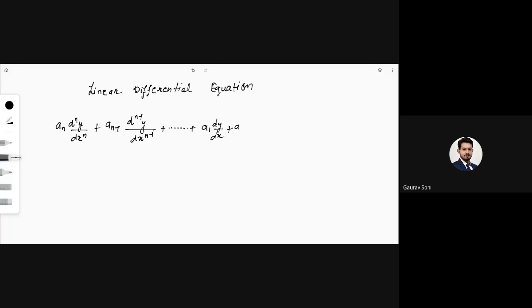So, linear differential equation. A linear differential equation is of the form an d raised to n y upon dx raised to n plus an minus 1 d raised to n minus 1 y upon dx raised to n minus 1 plus dot dot dot up to a1 dy by dx plus a naught y is equal to 0, or say f of x. I'll write it as 0,